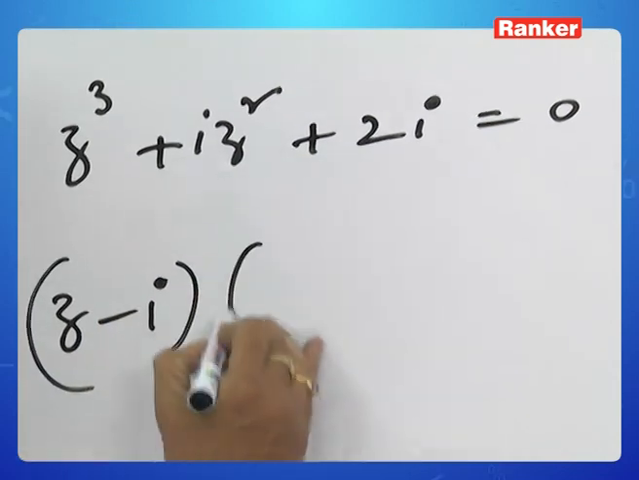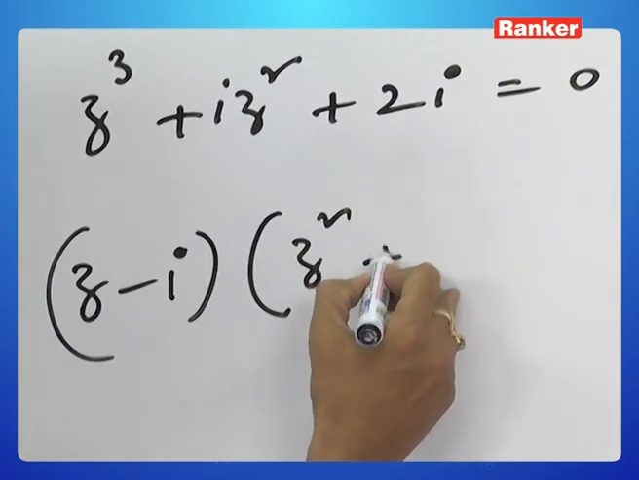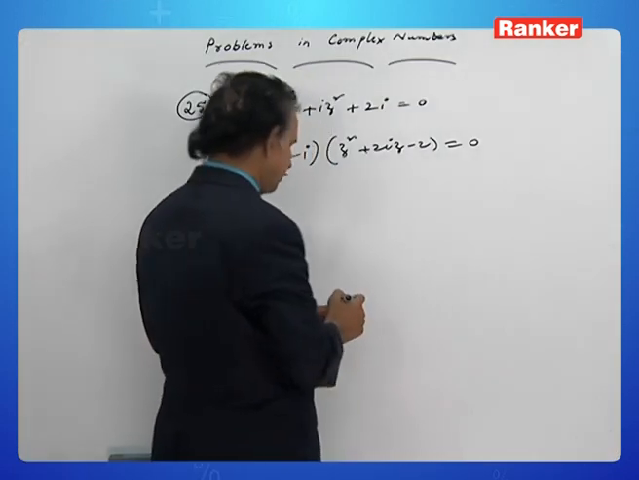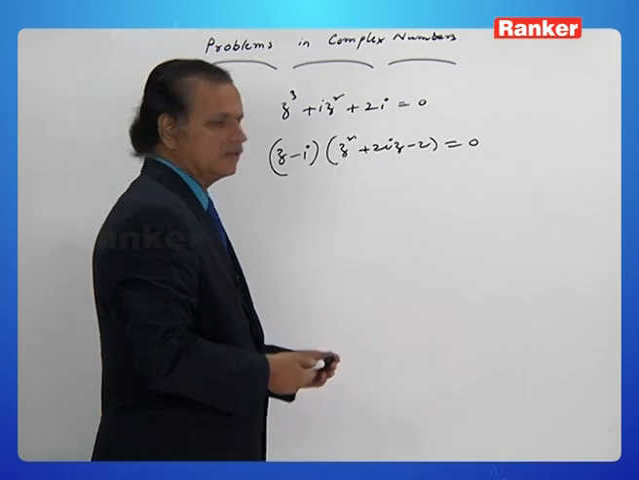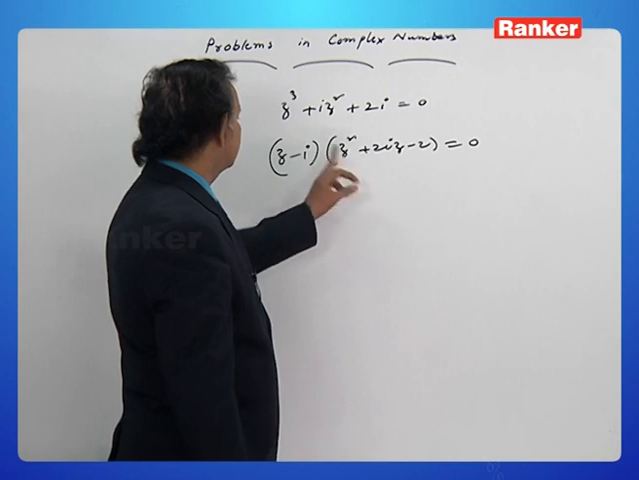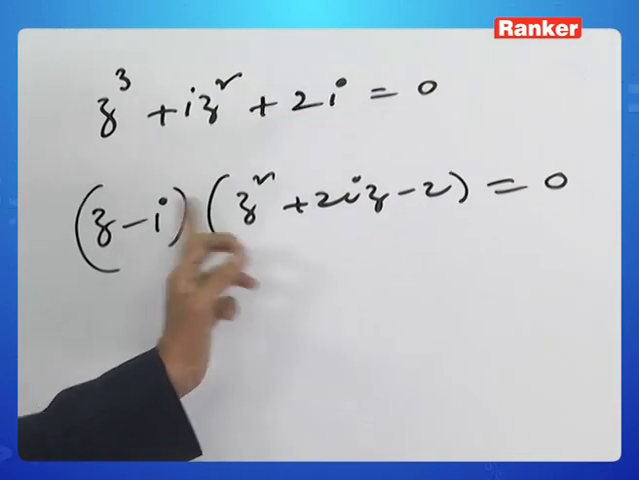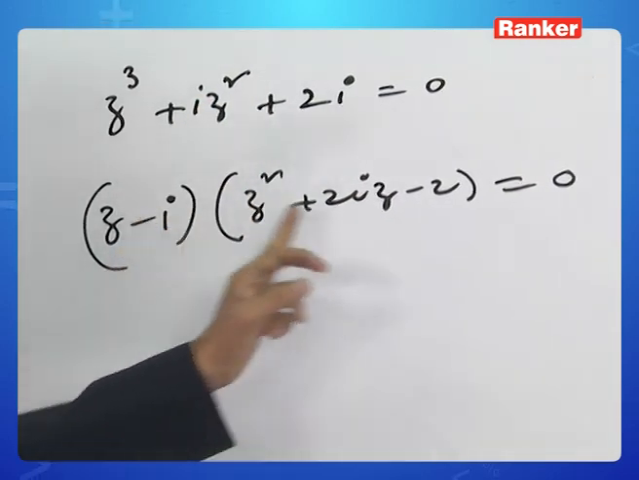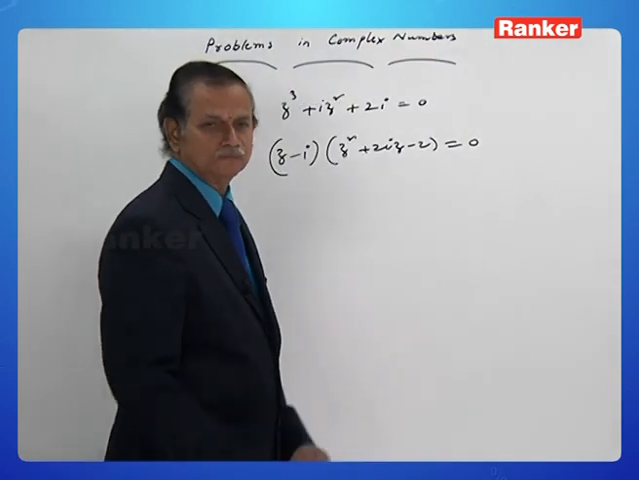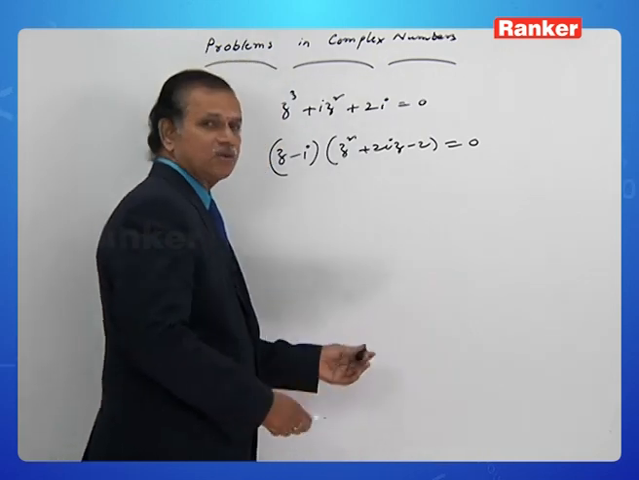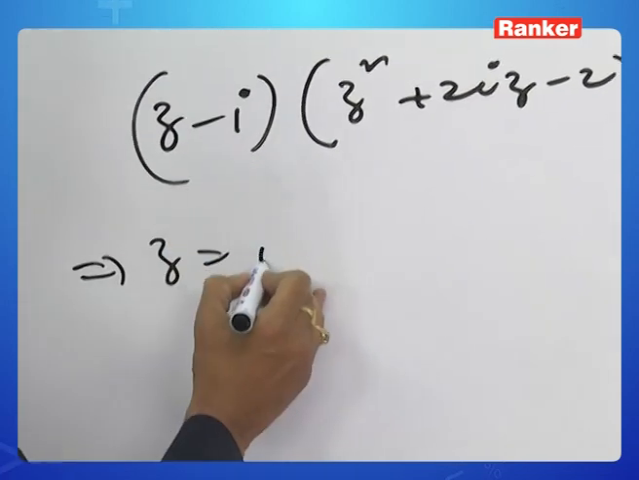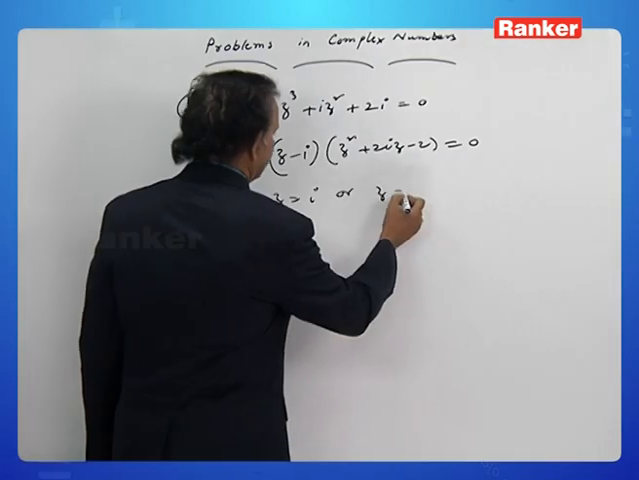It can be factorized as (z minus i) into (z square plus 2iz minus 2) is equal to 0. You can easily observe, you can check even, by using synthetic division or any other means, you have z cube plus 2iz square minus iz square, minus 2iz, minus 2i, plus i is equal to 0. Well, what are the roots of this equation? z is equal to i, or z is equal to